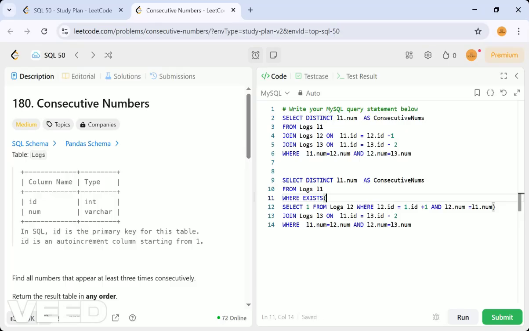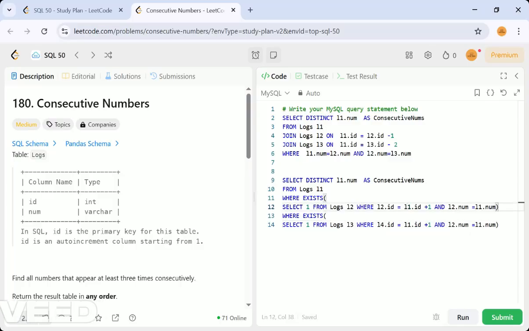In a similar way you can have exists for the L3 also, like how we are doing here. Join same from logs. Here we will be having L3 dot id. L3 dot id is equal to, if we are checking with L1, you should have L1 plus 2, because here we are doing L1 minus 2, that is the next third consecutive number, right?